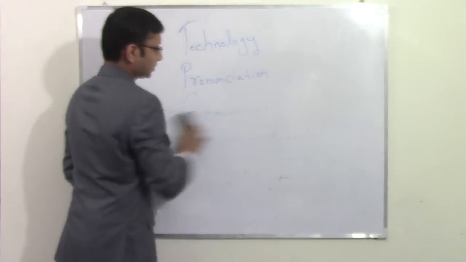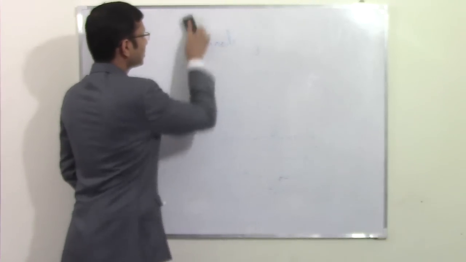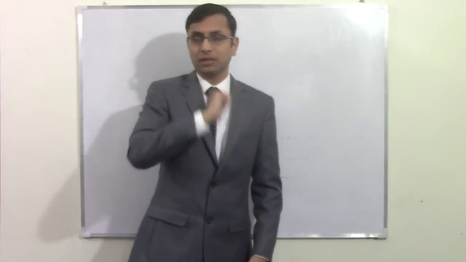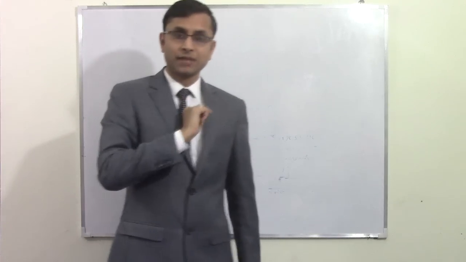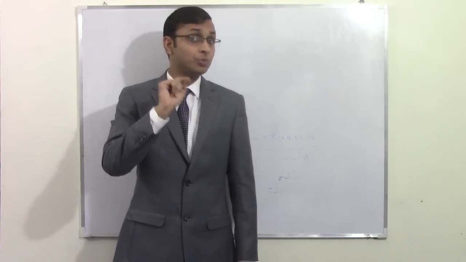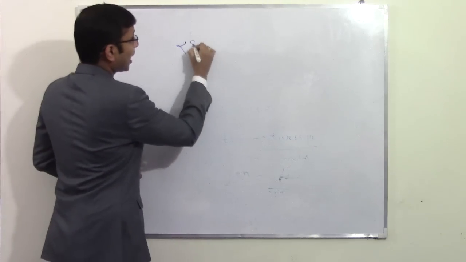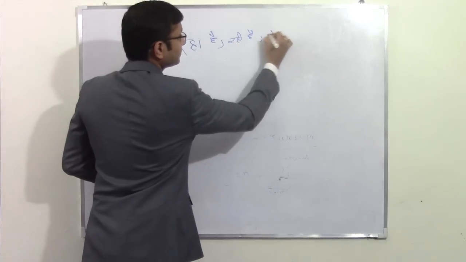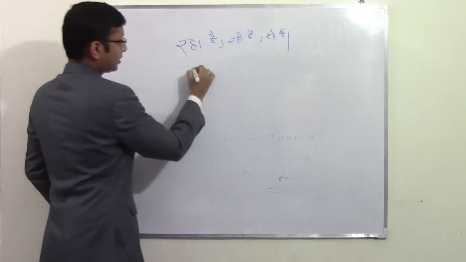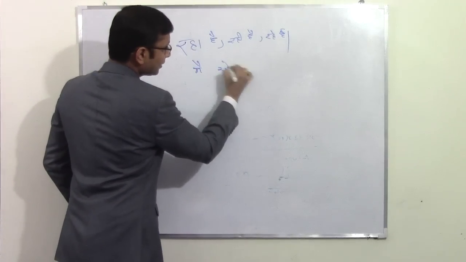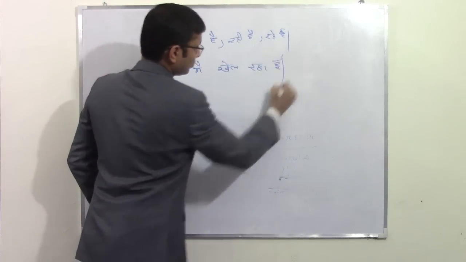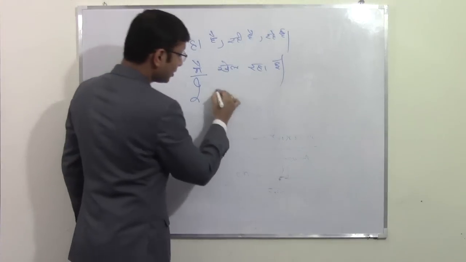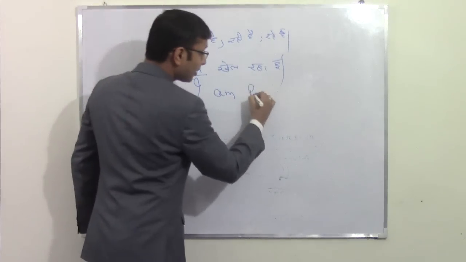Now we will talk about a situation which we have done in the last session as well. In the last session the situation which we did was रहा है, रही है, रहे हैं. So the situation was मैं खेल रहा हूँ. We made it like: मैं is I, and with I we use the helping verb am, and then khelna, play.